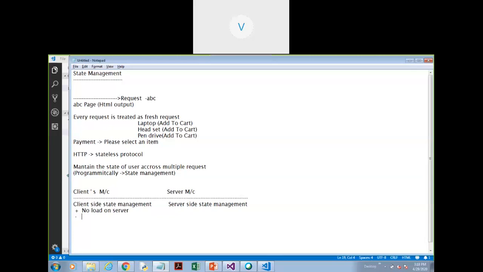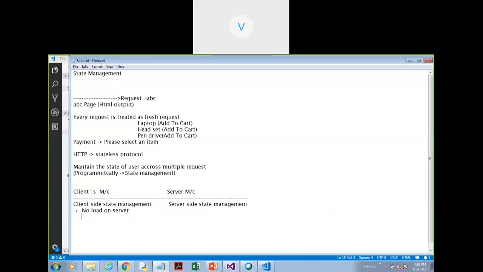But then what is the negative point about client-side state management? To understand this, let's take an example. Let's say you all are client, you come to me and you say, I want to select a laptop. So I will take, let's say Karan is coming, okay? So I'll take one piece of paper, and on top of that paper, I will say, okay, Karan. And then Karan has selected a laptop. I will write it down. And this piece of paper I will give to Karan, and I will say, okay, Karan, take this page with you. And next time when you come to me, please come back with this paper.